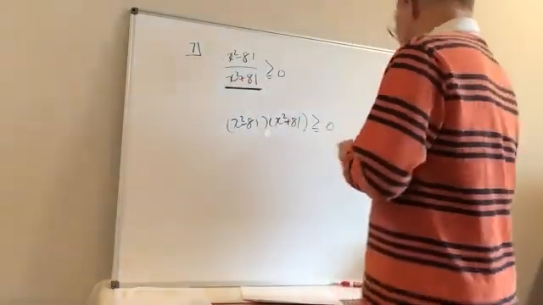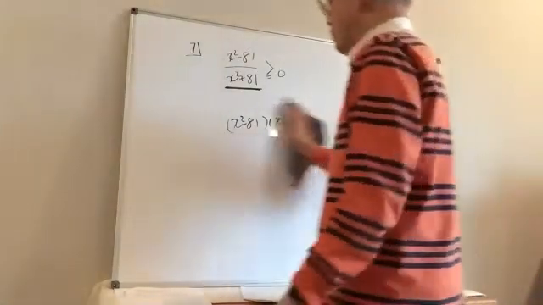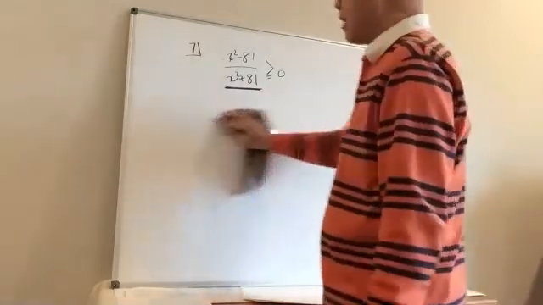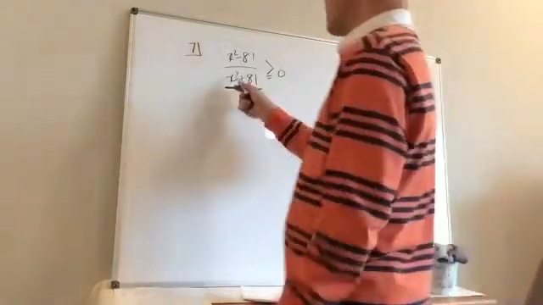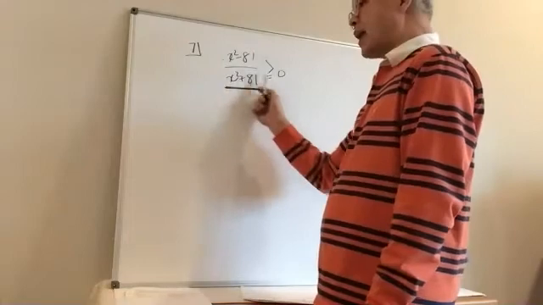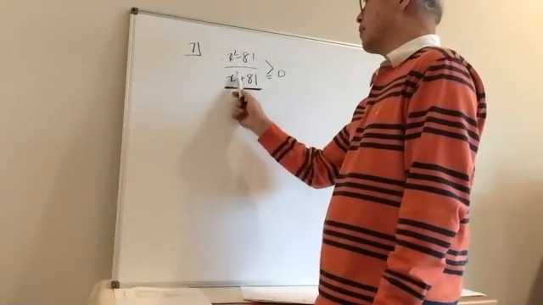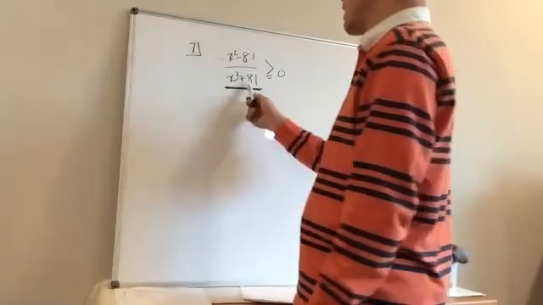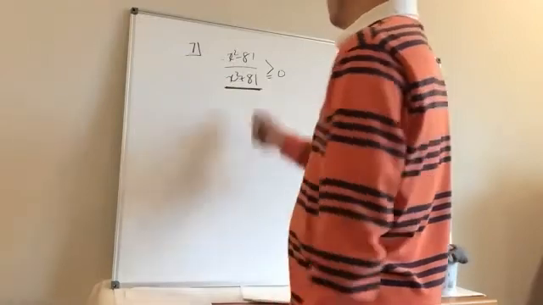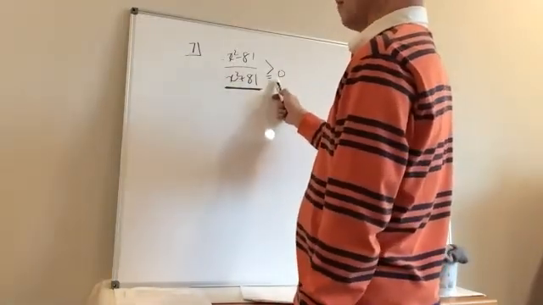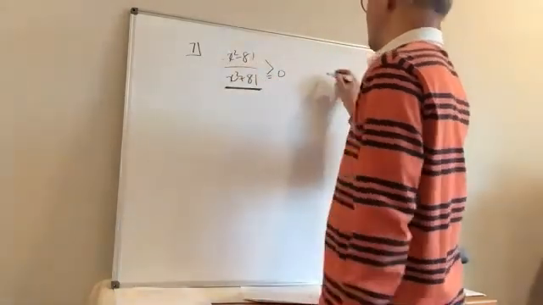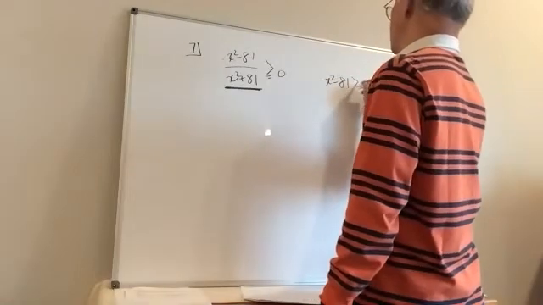Is x squared plus 81 ever going to be 0? It can't be 0, right? Not only that, this is guaranteed to be positive. It is never going to be negative because x squared has to be a positive number, and this is plus 81. So this is always going to be greater than 0. So what's going to determine whether it's greater than or equal to 0 or not is just the top portion. So you can actually say this is the same as that,